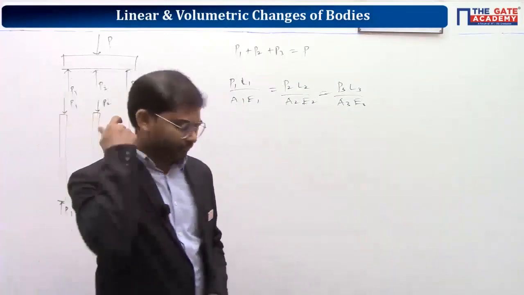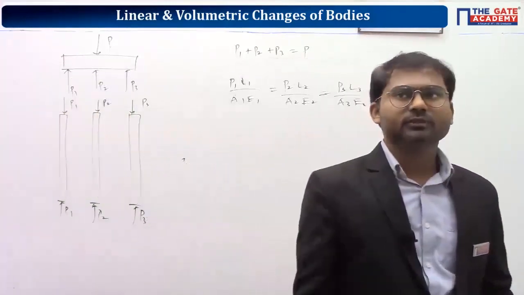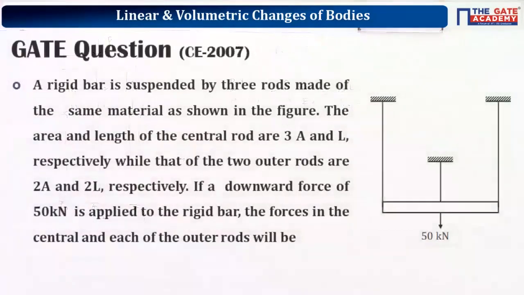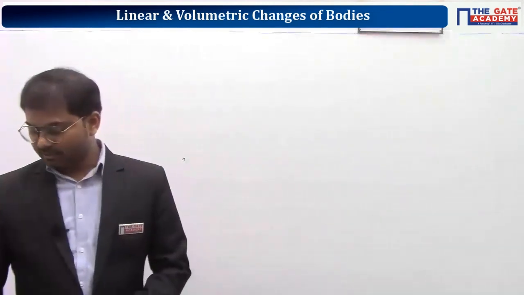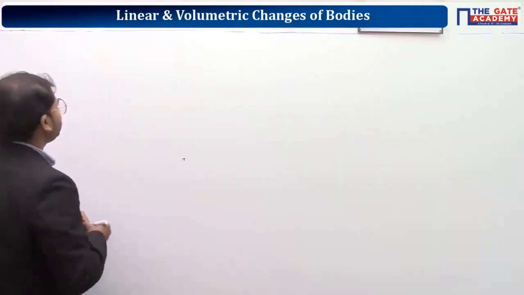You can take this question, Civil Engineering 2007 GATE question. Kindly copy that. This concept is easy. Yeah, very good, Ankit. Correct answer: 10, 30, 10. So the answer is C here. Options are given, and the answer is C. I'm giving the explanation here.